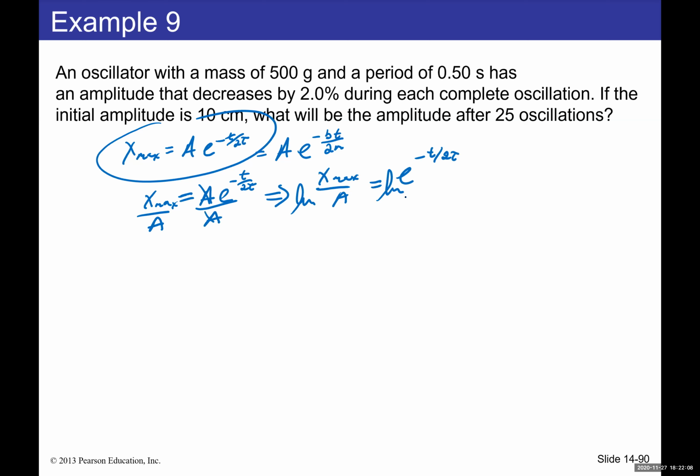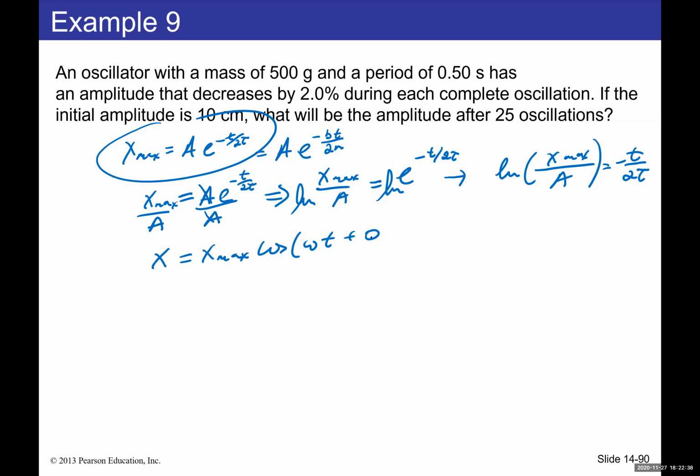Then we take the ln of both sides, so I get ln of x max over A, and on the right side, negative t over 2 tau. Then I have the equation, remember, x equals x max cosine omega t plus phi